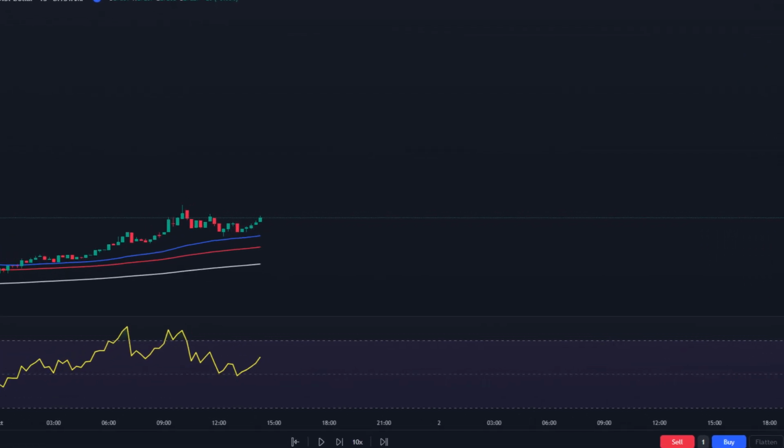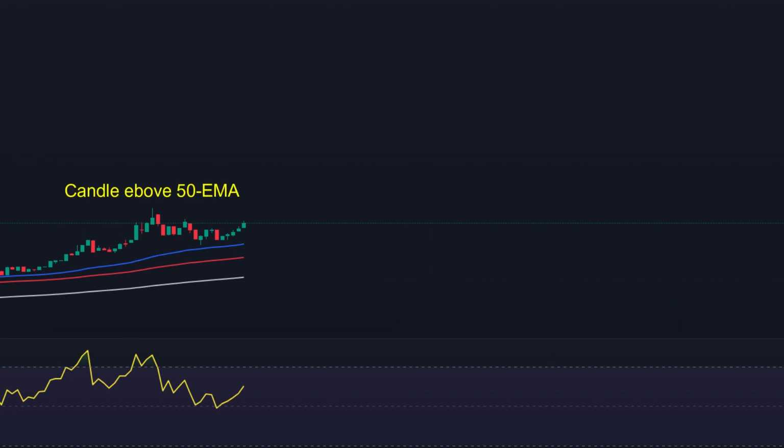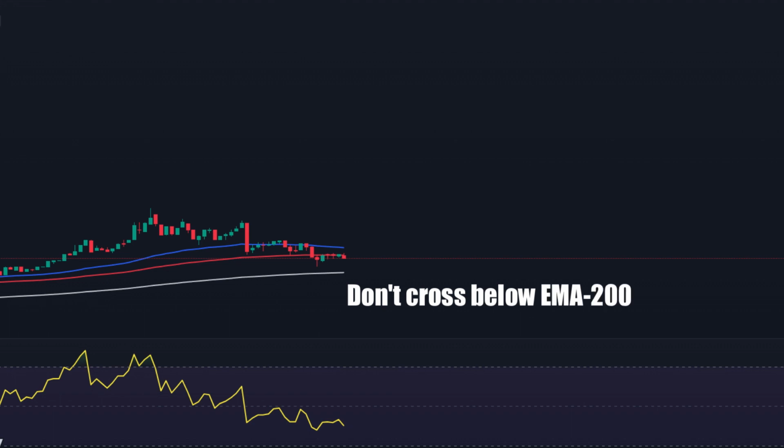Now I will show you a buy scenario. In this chart, we can identify a strong uptrend as indicated by the 3 upward sloping EMA lines, while all candles are above the EMA. Next, we wait for a price pullback towards either the EMA 50 or EMA 100. Once again, you should always adhere to this rule, which is that during the pullback, the price should not go